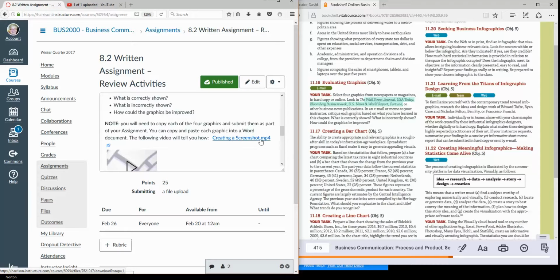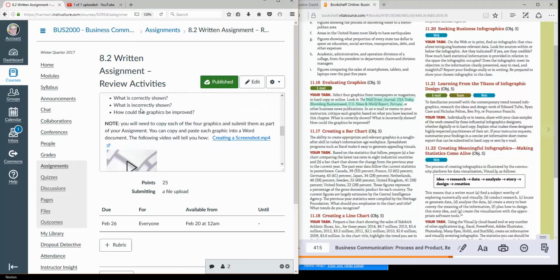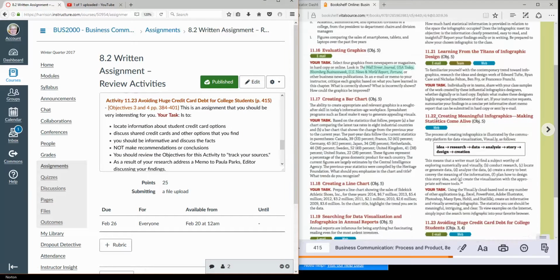And then you have to send it to me in a screenshot. You can copy and paste each graphic into a Word document. So I have to see the graphic to grade you on these 3 questions, okay, based on what you find here. All right, so you have to go to the textbook for the business publication, and then you come back here and answer these questions about whatever graphic you find within these business publications. Okay, 11.23